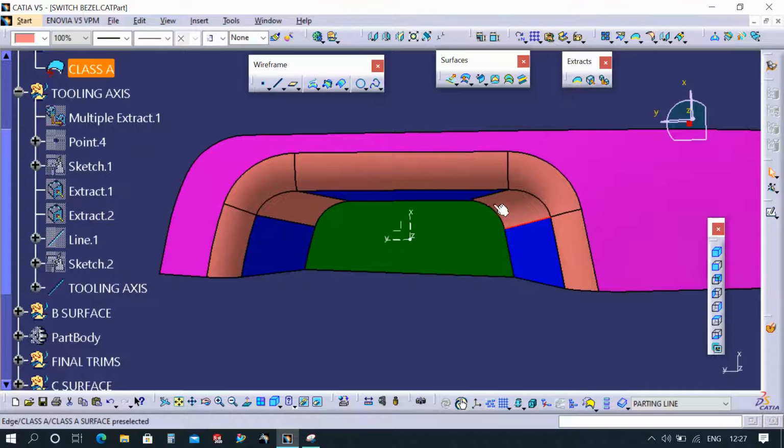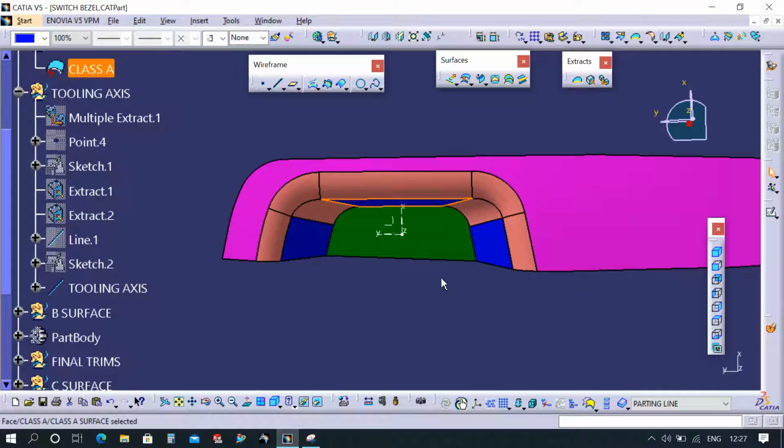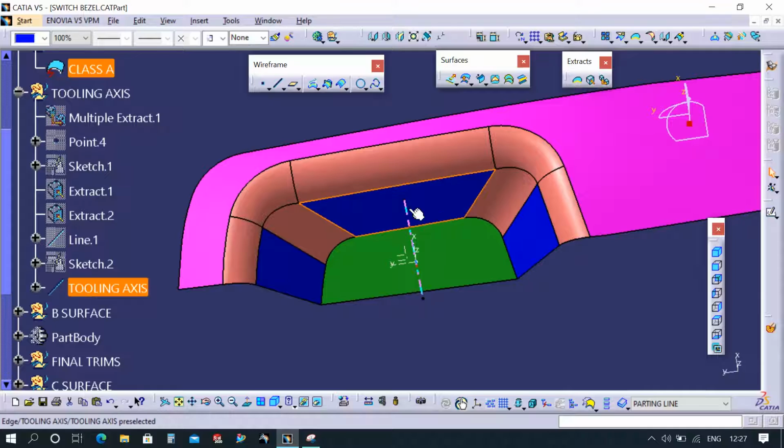If visible, it means it is a positive draft and you can manufacture this component. Suppose this side is not visible, it will be an undercut, a negative draft. In that case the part will not be manufacturable, and the tooling axis you took is wrong.